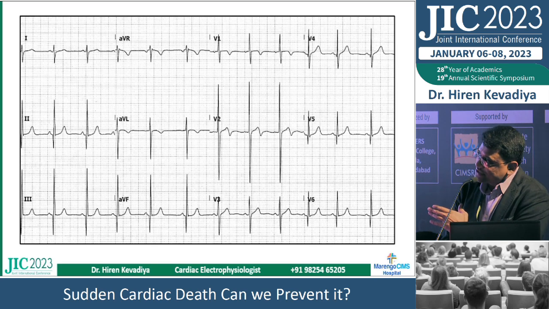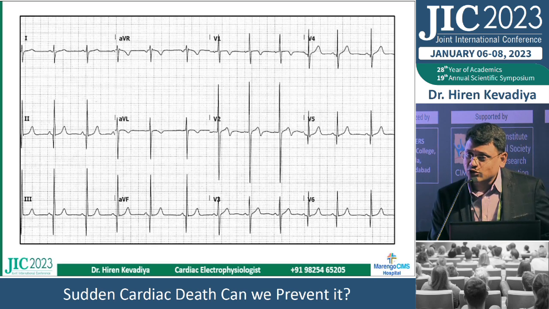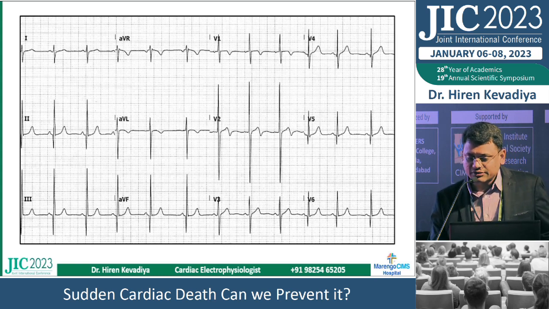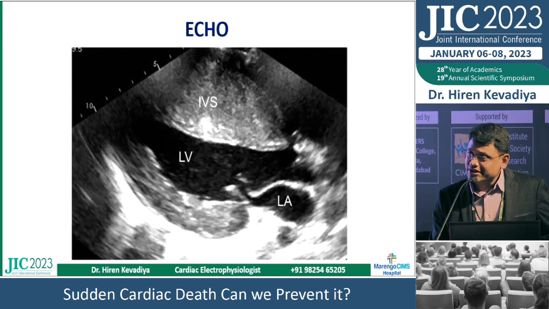We can see the ECG. ECG is showing pathological Q waves. There is significant repolarization abnormality. So this ECG is suggestive of some cardiomyopathy. Something wrong is going on. When we did the echo, it was showing significant hypertrophy of the septum, and basically by echo and ECG, this is